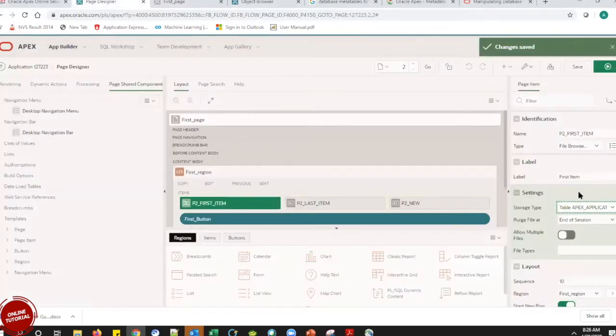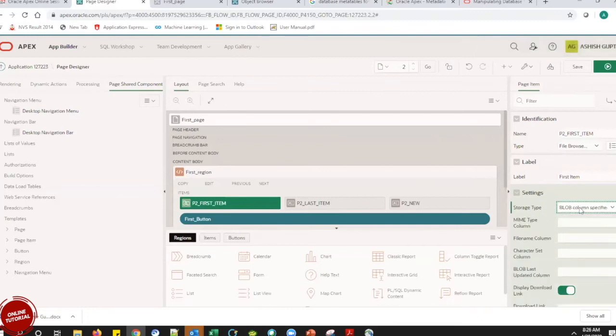Okay. So this was my application temp files, whatever I was doing, and the other one I was trying to tell is the blob file. Now, if I keep my source type as a blob, it is not going to save this in my Apex application temp files. It is going to directly save these values in the blob column of the database. That is the difference between these two.